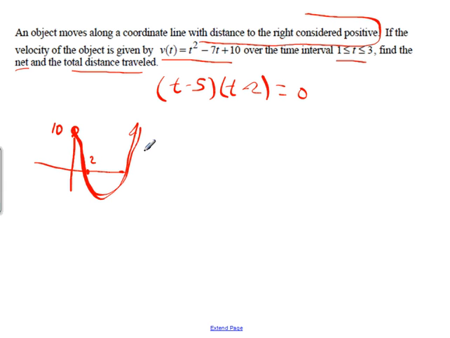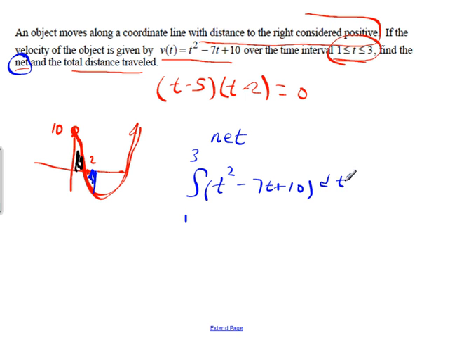And the key thing is that I'm looking at the interval from 1 to 3. So if this is 1, that's that area plus this negative area. So when I find the net distance, I don't really need to worry about that. For the net distance, it's just the integral from 1 to 3 of t squared minus 7t plus 10